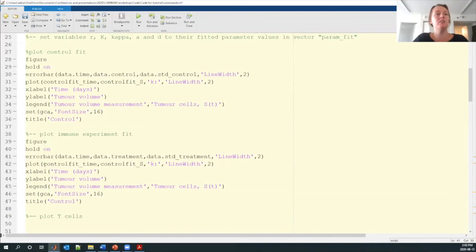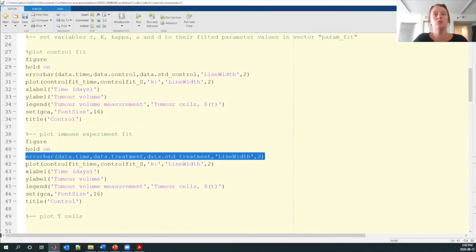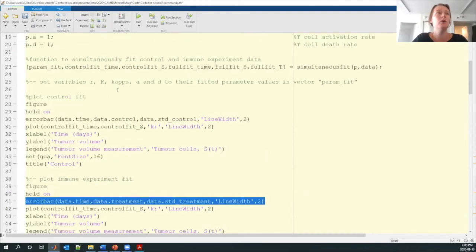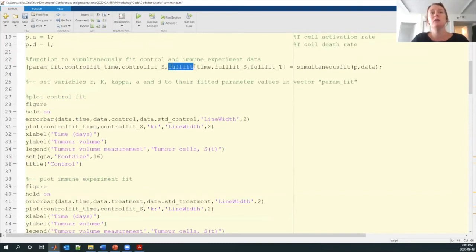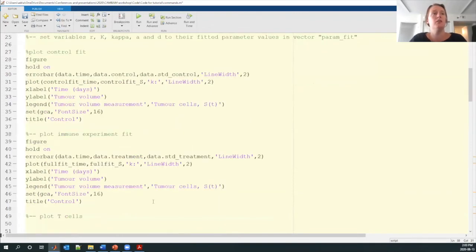And that will plot our error bar of the data for the treatment data, not the control. If we also want to plot that against what the model comes up with, we want to plot that with the full fit, not the control fit. So we want to change this word to full and this one to full as well. And so if we now